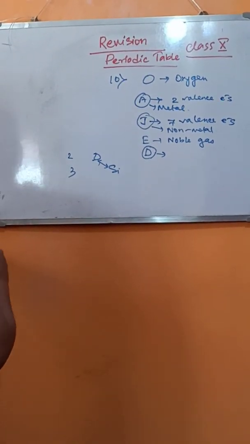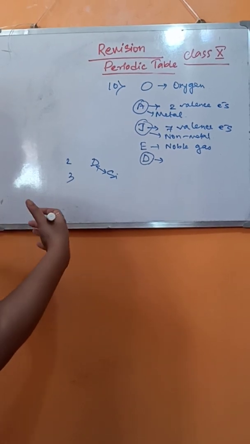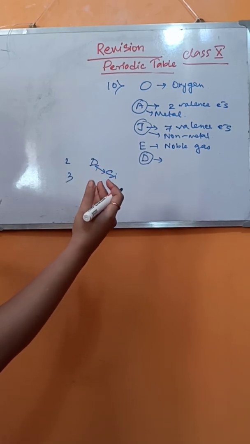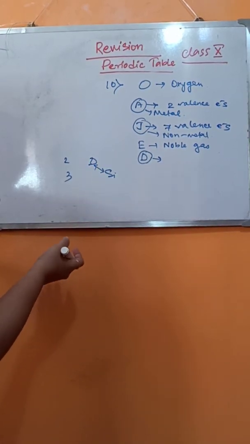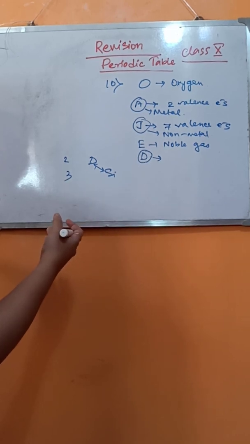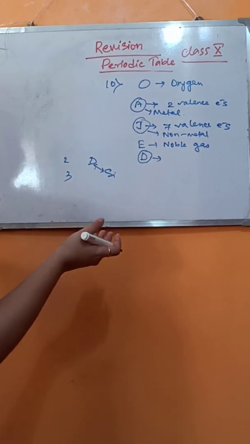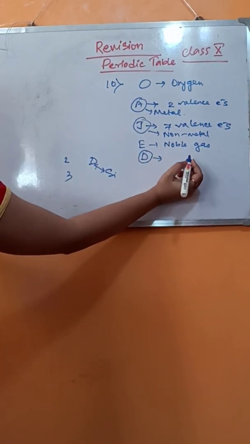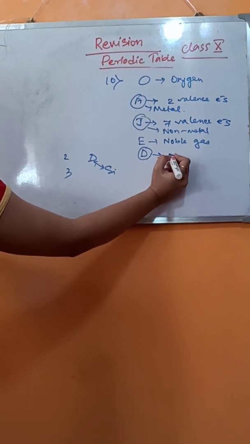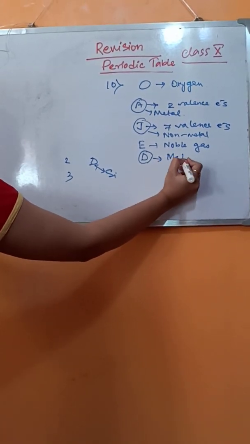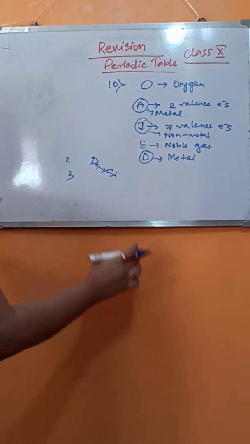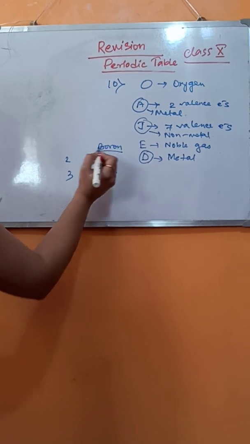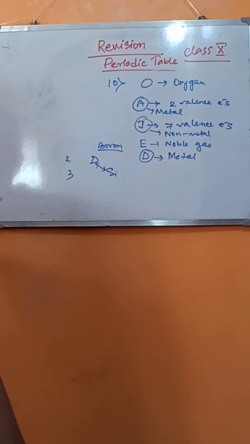But in this case here, since we are just showing the names of the elements by different alphabetical letters, we don't know what element that is, or we cannot identify the element with the actual property of the element. So since D has 3 valence electrons here, we will say D is a metal only. But if the position of D here is that of boron, boron has properties of metalloids as well.